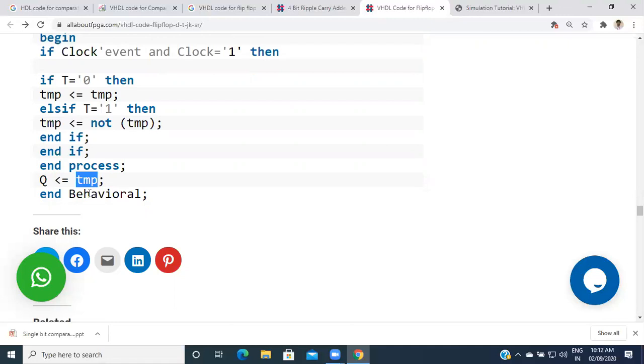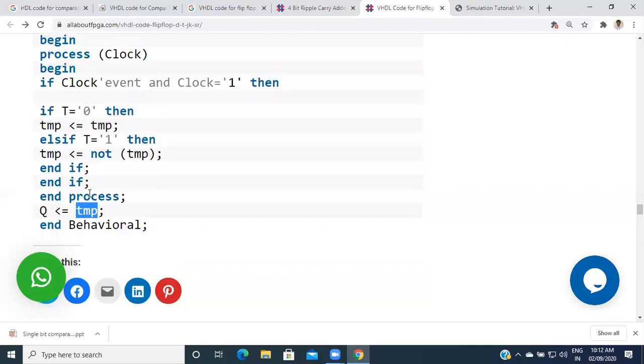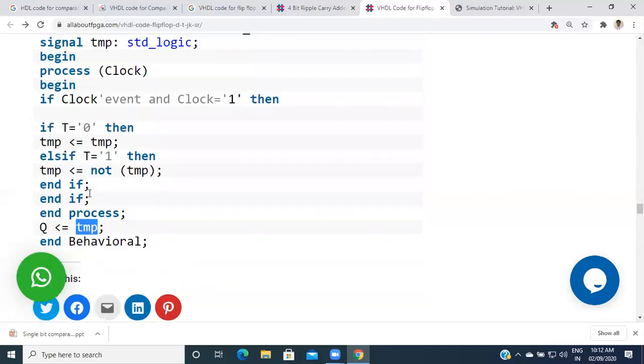So in that way we have studied these flip-flops, the four flip-flops: toggle flip-flop, JK flip-flop, SR flip-flop, and the D flip-flop. So we will stop here, and the next points we'll cover in the next lecture.